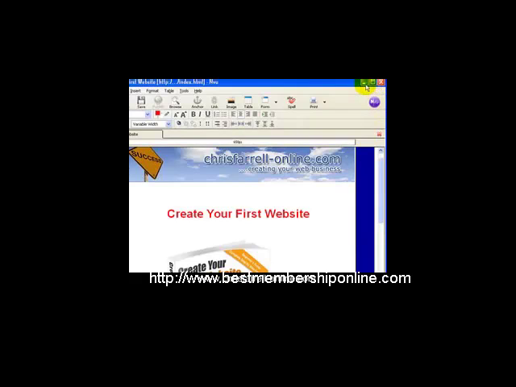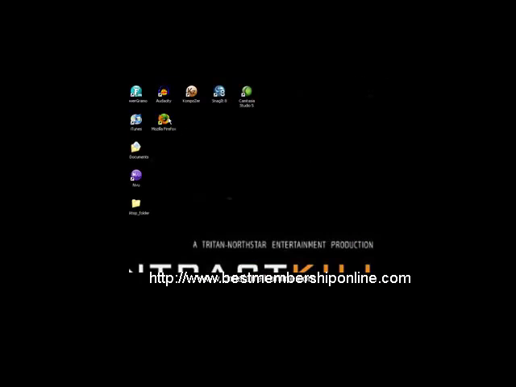Therefore, let me just minimize the editor view. Let's open up whichever browser you use, whether it's